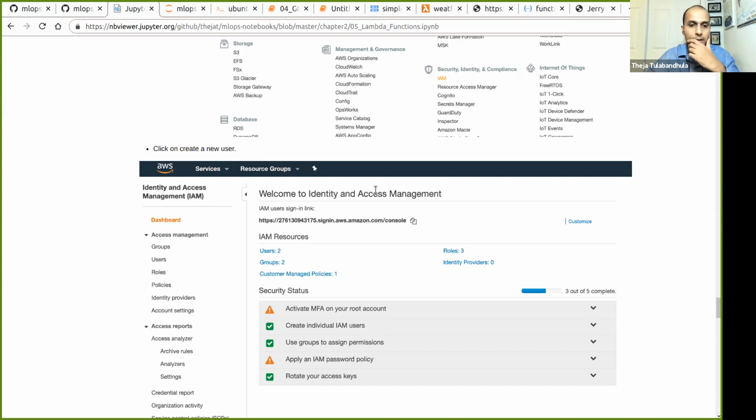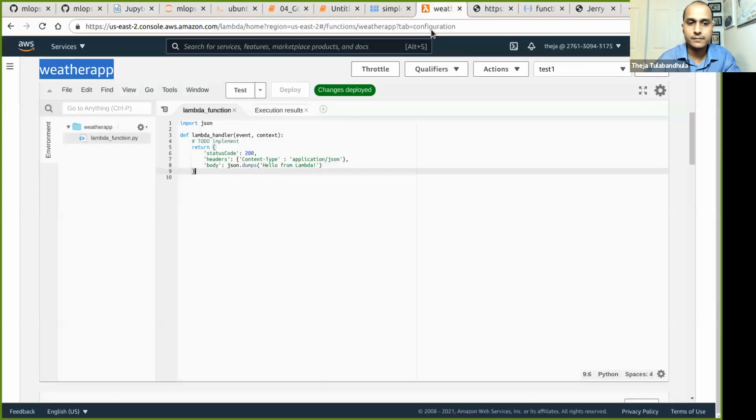Actually, there's an even slightly easier way. We'll skip the programmatic way of accessing storage.